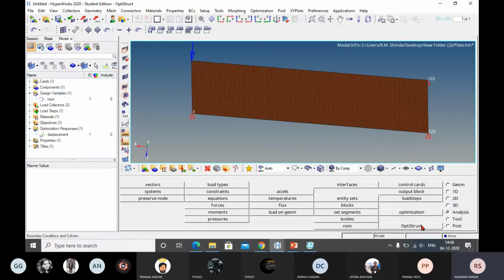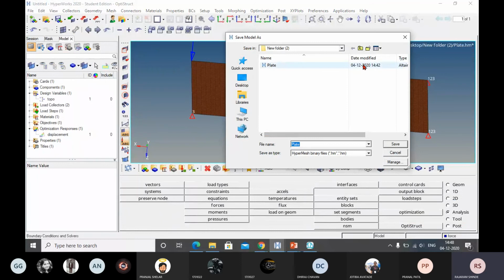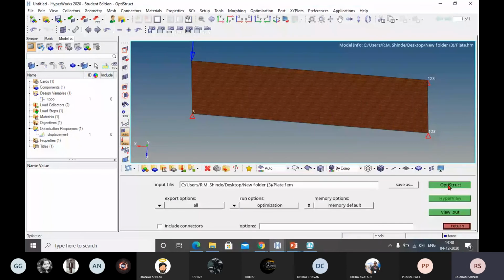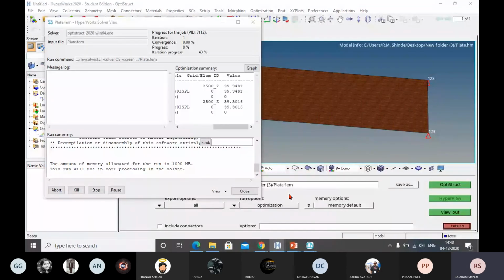Now again I will go to save file, save as model. Now I will make a next folder. Save. I will go to the OptiStruct. I have just changed the anchor nodes. Now we will see what will be the effect of that on the trace and displacement. Now I will go to the results.